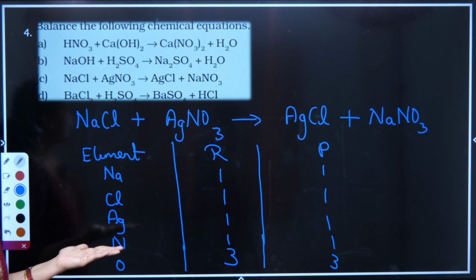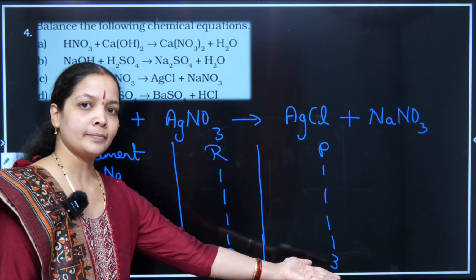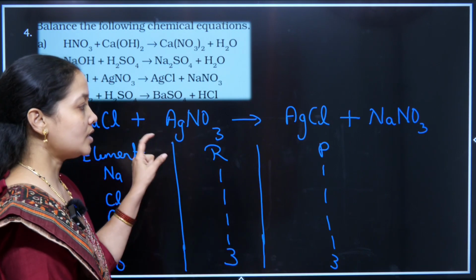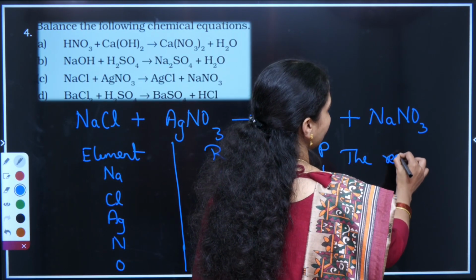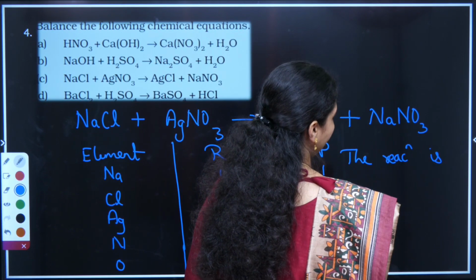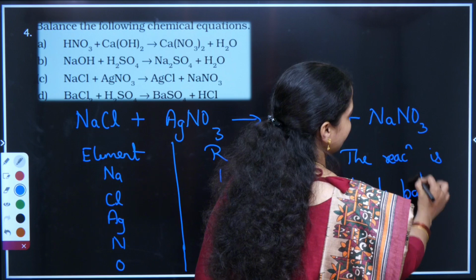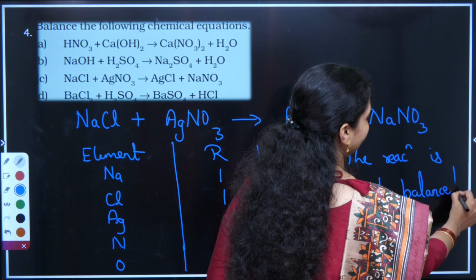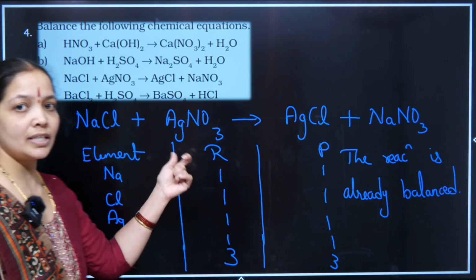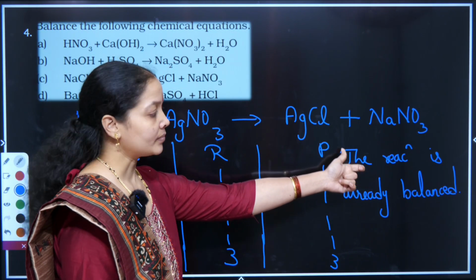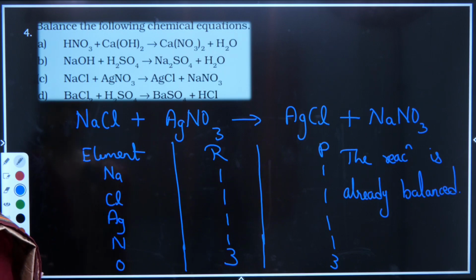So if I look at the balancing component, all the elements are balanced on their own. No need to balance. You can just conclude the answer as the equation or the reaction is already balanced. You have to conclude this reaction or answer because your teacher might not feel that you have attempted. She might feel you have only written a question. So conclusion plays a vital role here. Alright, moving on to the fourth one.